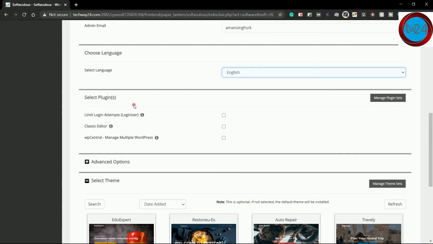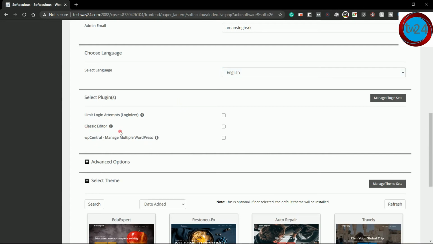Then under limit login attempts Loginizer, I recommend you leave this box unchecked, because if you check this box, it will protect your site against brute force attacks by limiting the number of login attempts for your WordPress installation per session, and it will install a plugin in your WordPress.